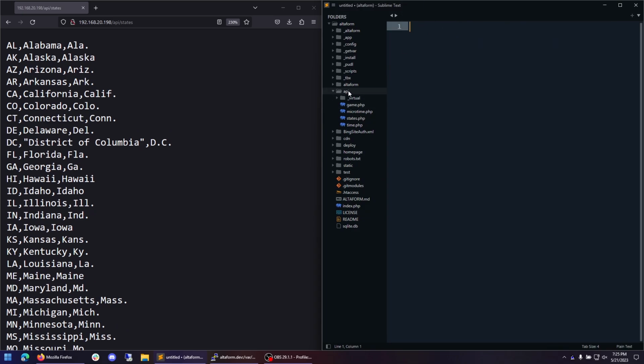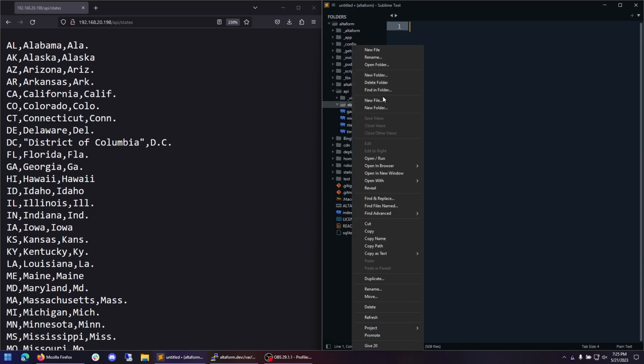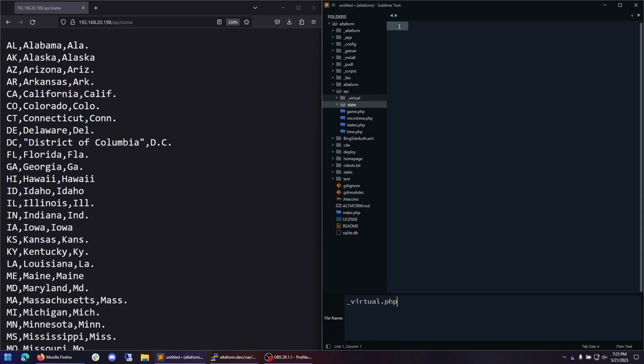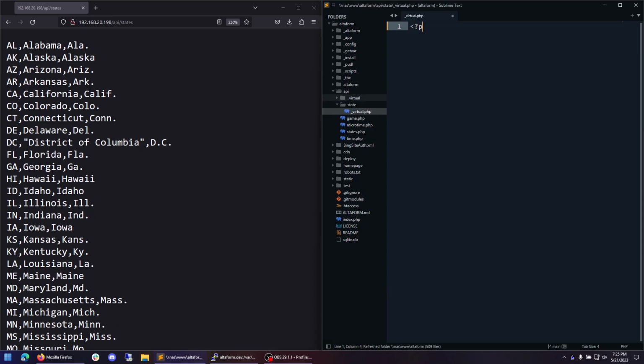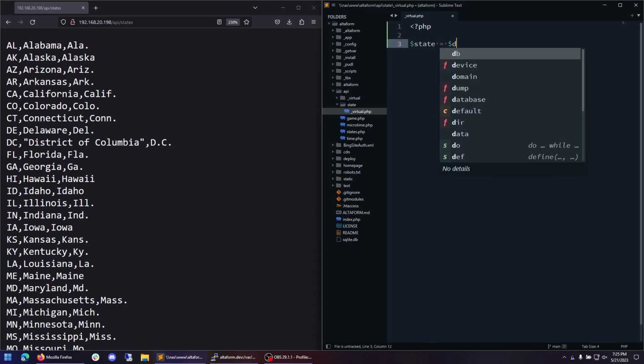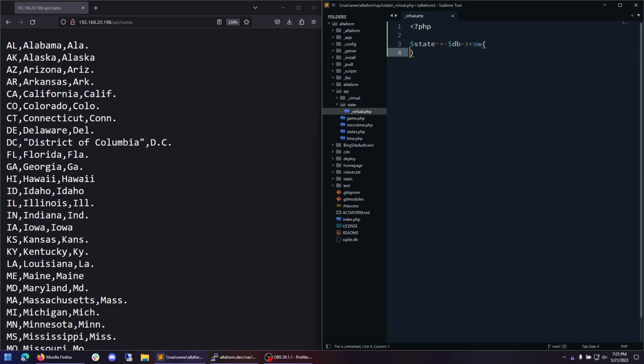So I'm going to create a new folder and call this state. Inside of state, I'm going to create a new file, my virtual.php. Give the PHP definition, and I'm going to say state equals db row, and then inside of this, I'm going to say which table I want to access, and then what data I want to pass into it.